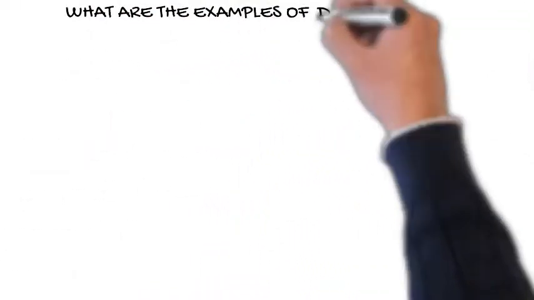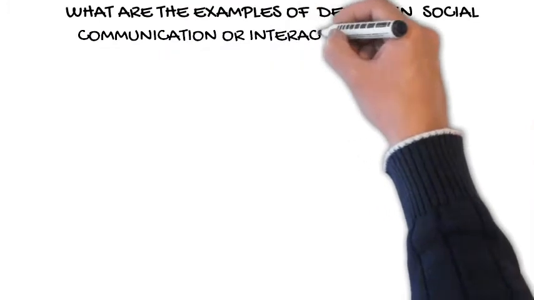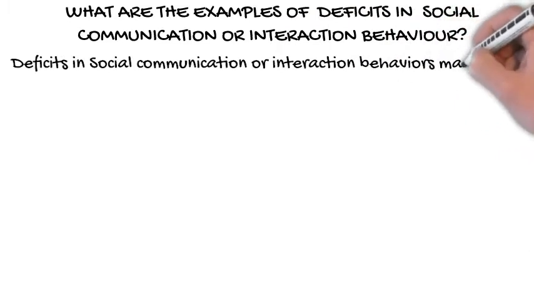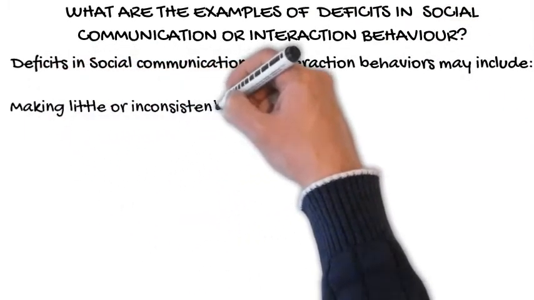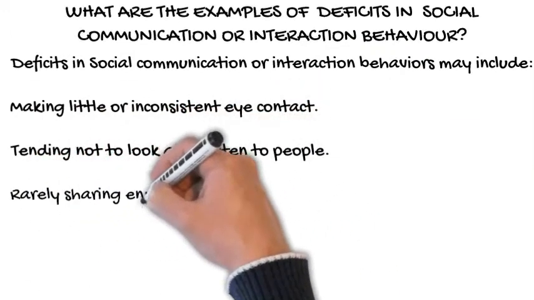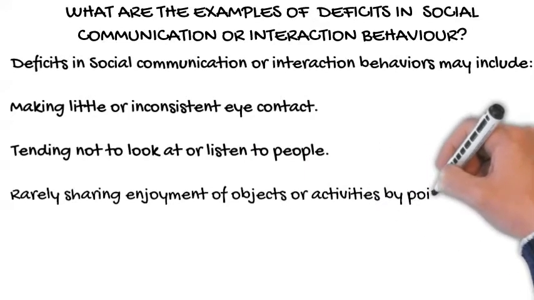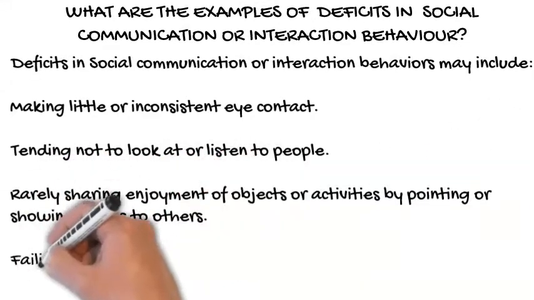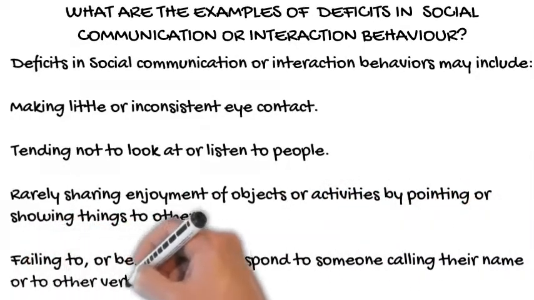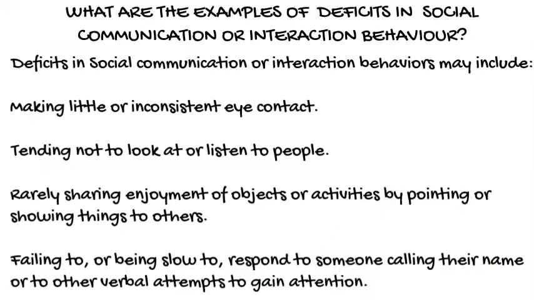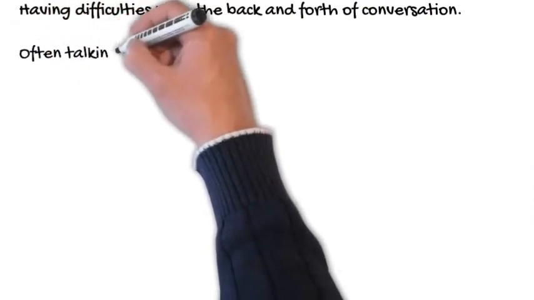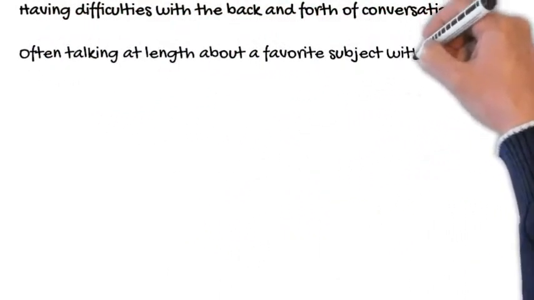What are the examples of deficits in social communication or interaction behavior? Deficits in social communication or interaction behaviors may include making little or inconsistent eye contact, tending not to look at or listen to people, rarely sharing enjoyment of objects or activities by pointing or showing things to others, failing to, or being slow to, respond to someone calling their name or to other verbal attempts to gain attention, having difficulties with the back and forth of conversation,